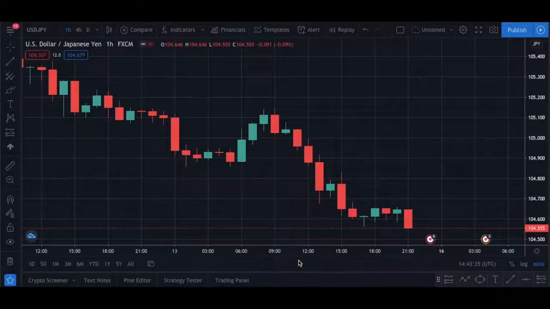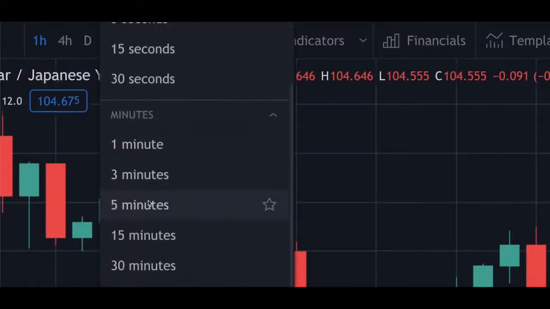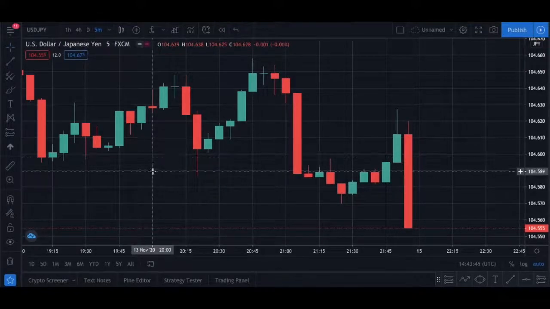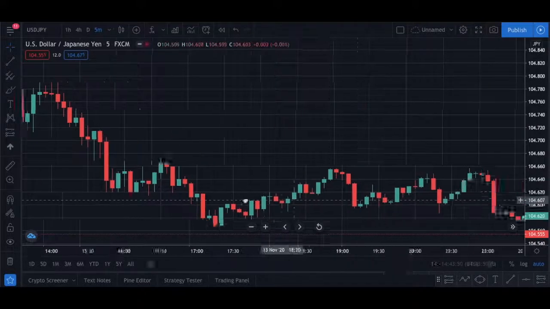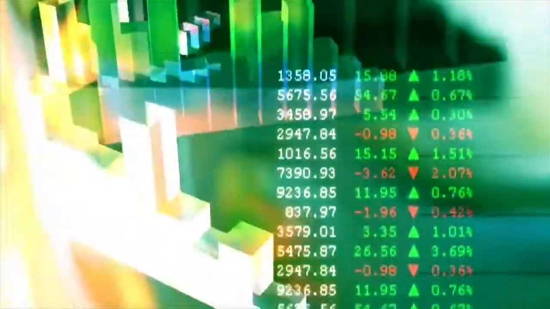While swing trading, I use 1 hour and 4 hours charts, but for this strategy, we will go with 5 minutes candlesticks. So, we will click the time intervals button here, and select the 5 minutes. Because of the small time frame, this strategy is a great fit for scalpers and day traders. Right now I am looking at the 5 minutes chart of the US dollar versus the Japanese yen. I will show you the strategy in forex markets, but you can also use it for the stock market, commodities,